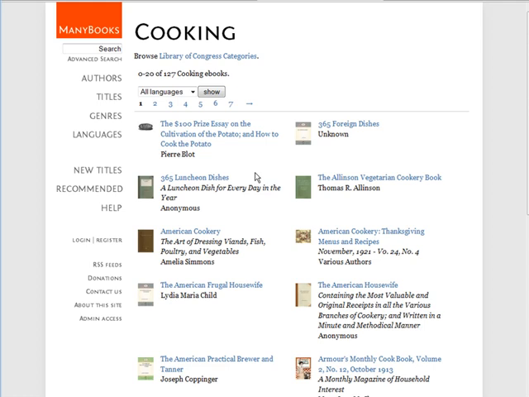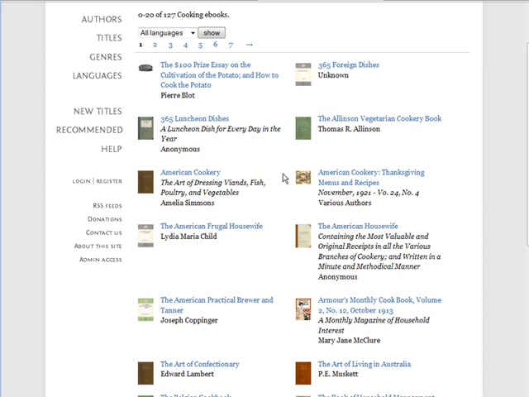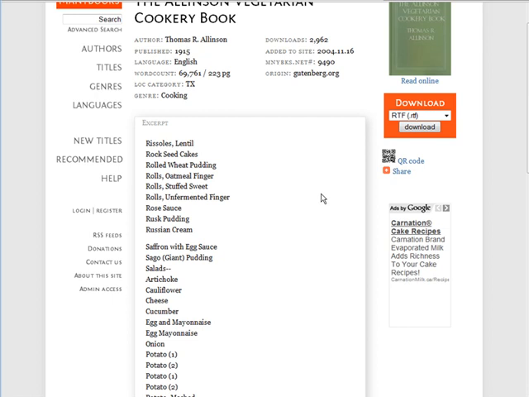Okay, so you can look through these until you find something that looks interesting to you and that you might want to create a product from. Okay, so let's say we were going to create a vegetarian cookbook. So you go into the product here and you get some information here. Up top you have the original author, the date it was published, language it's published. You see how long it is here. This is a number of words, a number of pages, location. Of course, the genre we already know, how many times it's been downloaded, when it was added to this site,